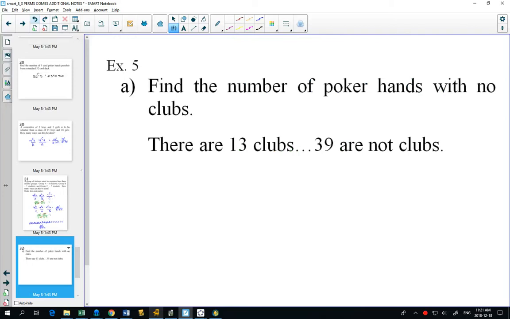Find the number of poker hands with no clubs. So in a deck of cards, there are 4 suits, 13 of each of those suits to make 52 cards in total. So there would be 13 clubs, and there would be 39 that are not clubs. Now, if I took my deck of cards and I started taking out the clubs,